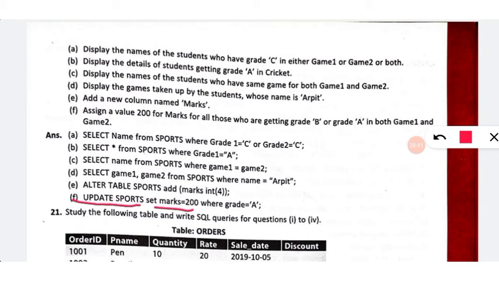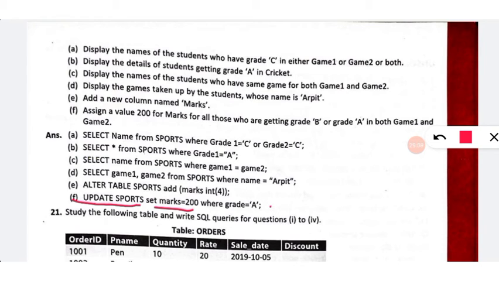So, where grade 1 equal to A or grade 1 equal to B, and not or, because we need both.